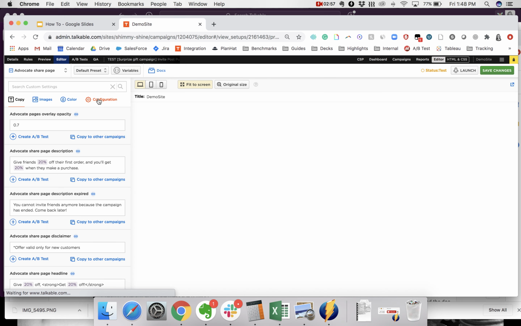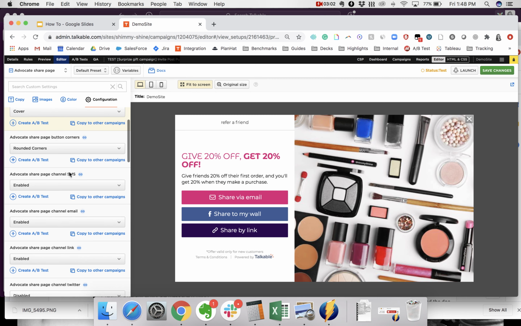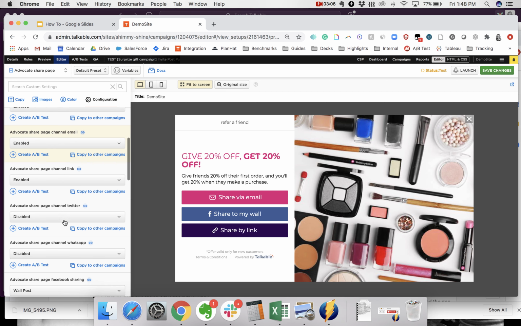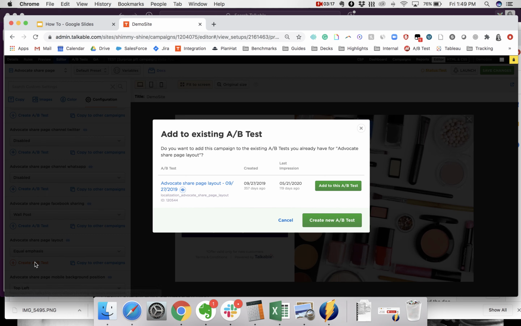The two other tests are going to work the exact same way. You go back to the editor, and so for the layout test, you want to go to what's called configuration. And if you scroll down, you can see that there's an option to change which share channels you have, but there is also an option to look at advocate share page layout. We have equal versus email emphasis by default in the campaign. So if you click on create,